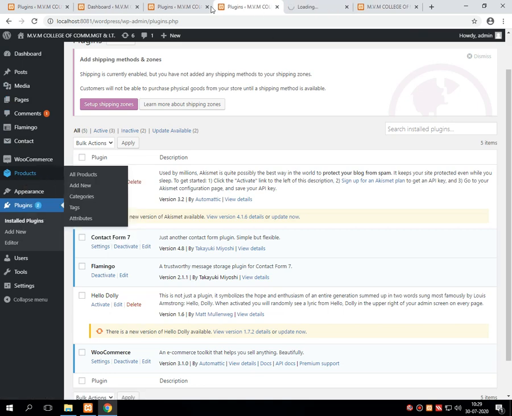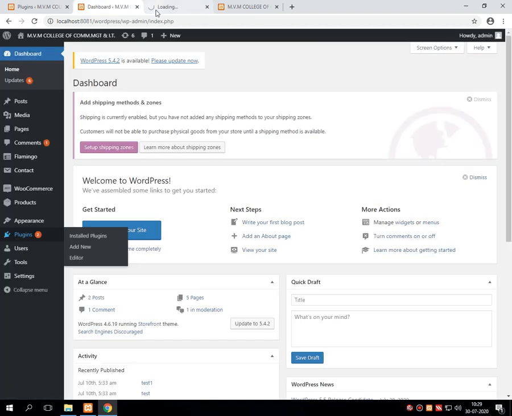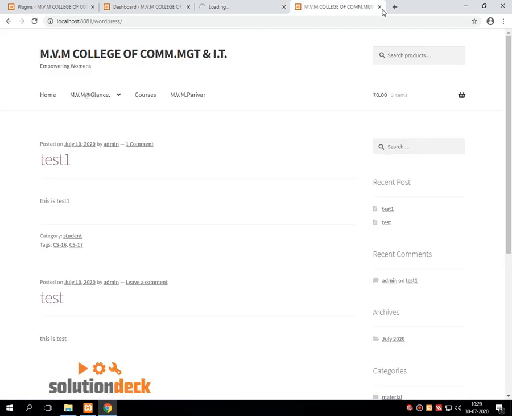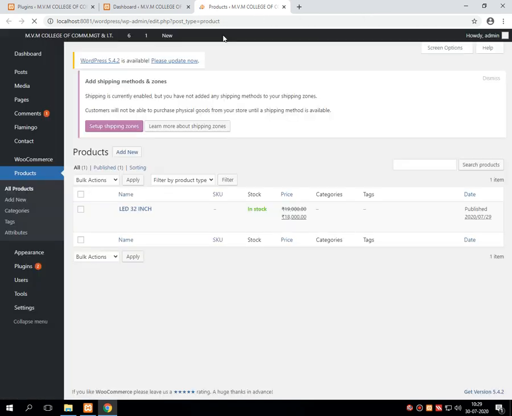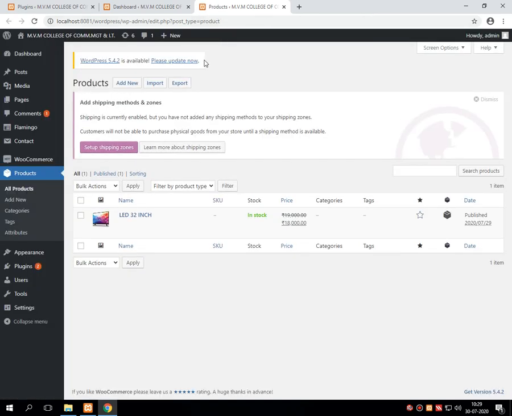Just open that particular window. Once you open it, whatever product we created in the last lecture, you will see here with the image preview of that product.